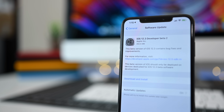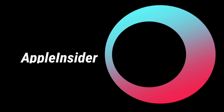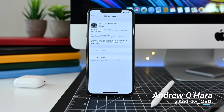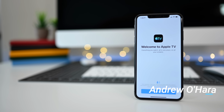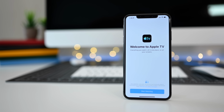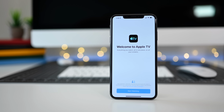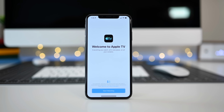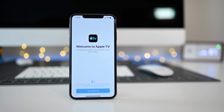It is time to see what's new with iOS 12.3 Beta 2. Welcome everyone, it is Andrew here from AppleInsider, and we've downloaded the latest beta of iOS 12.3 on our iPhone XS Max. The biggest changes coming in iOS 12.3 and tvOS 12.3 for that matter is going to be